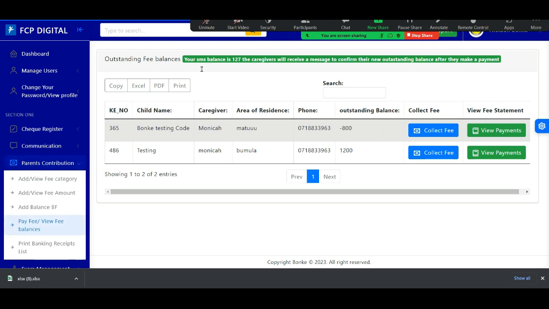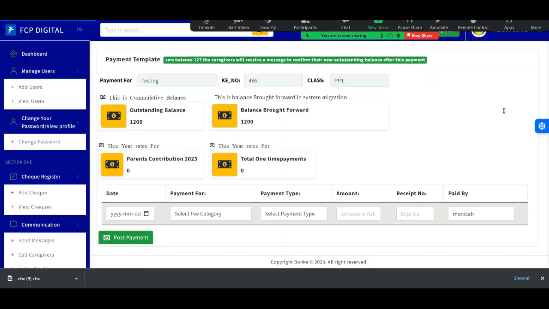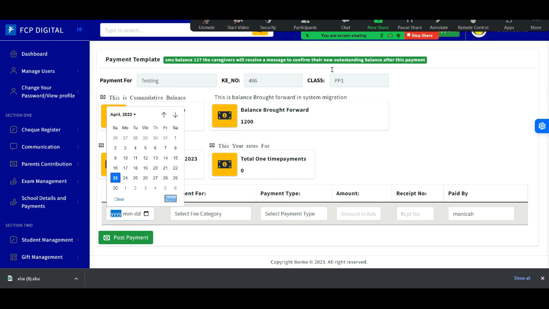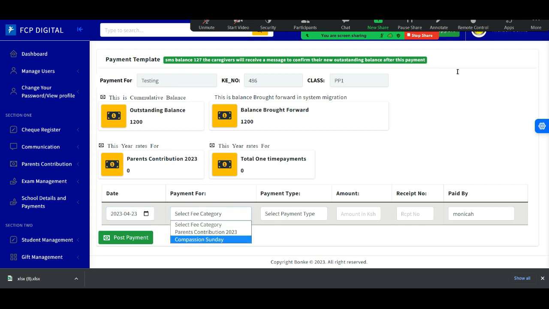And you see that is the balance that these children actually had. So here you can collect the fees, right? You can collect the fees and say, you see right now the balance contribution, parents contribution is 0, total contribution is 0. So here you may just want to say today, and then payment for